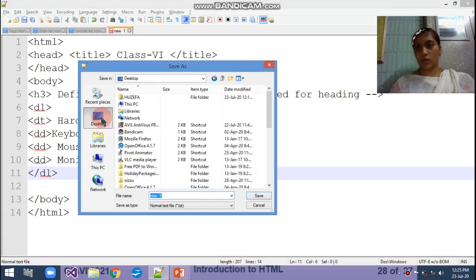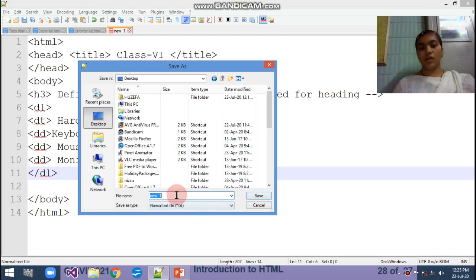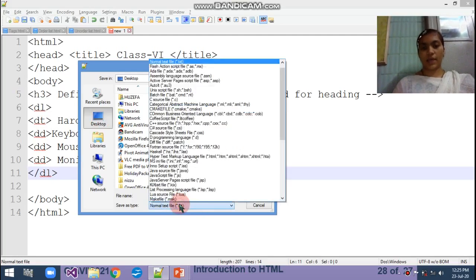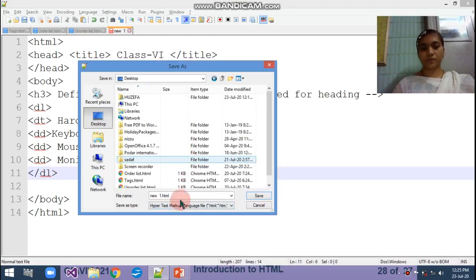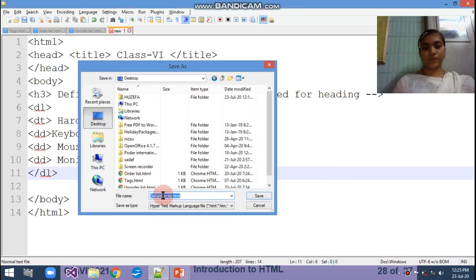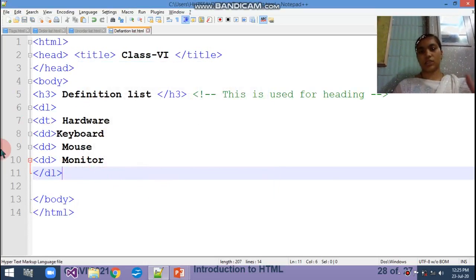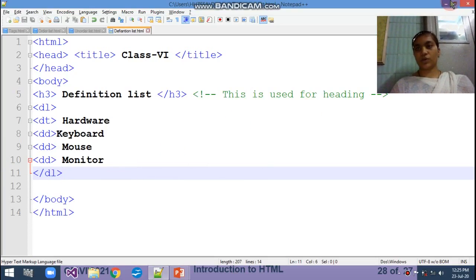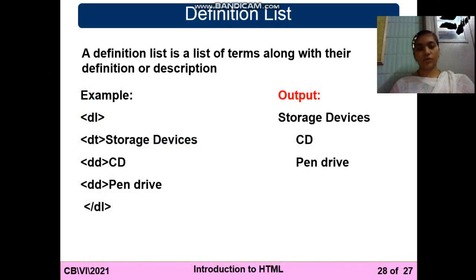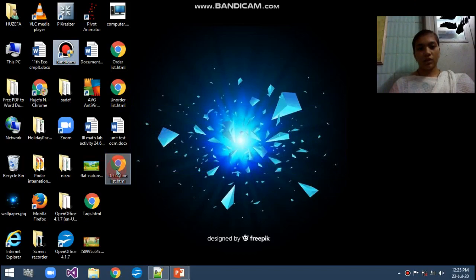You have to select it. If your file does not appear on your desktop, first select the desktop here, then select the HTML files and write the name, that is definition list. Okay, so here you can see the text color has changed. Now we are going to see this output.